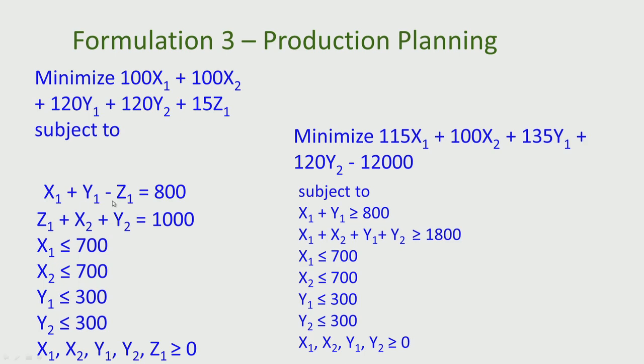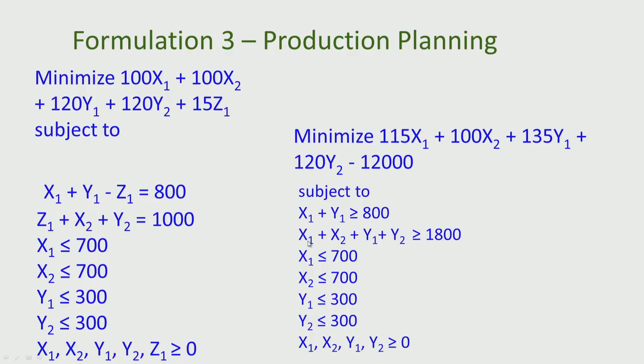For example, if we substitute z1 as x1 plus y1 minus 800 into the second equation, here the second equation would become an equation instead of an inequality. However, since the first constraint is written as an inequality, we simply maintain the consistency and write this as greater than or equal to 1800,